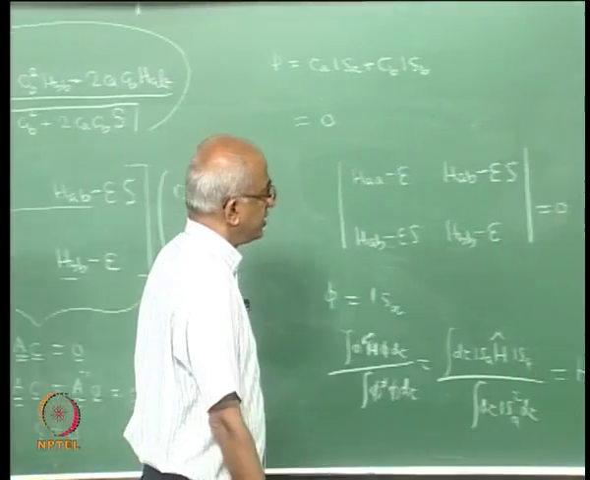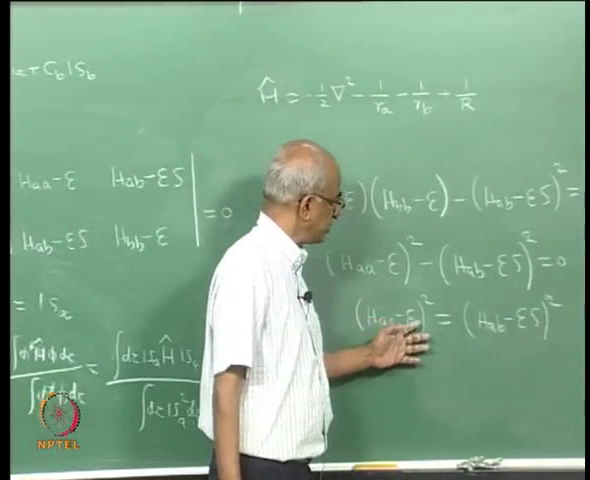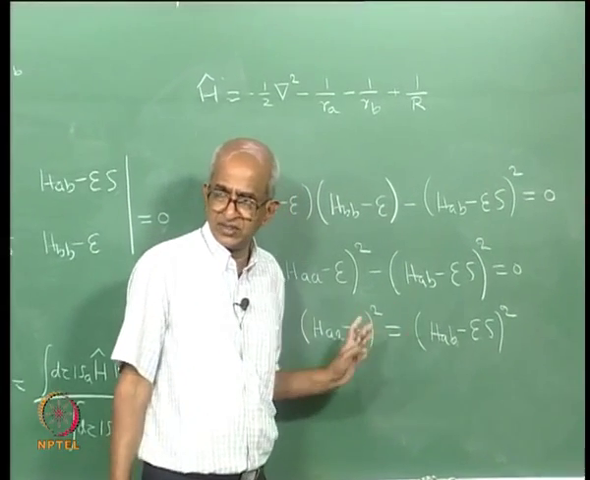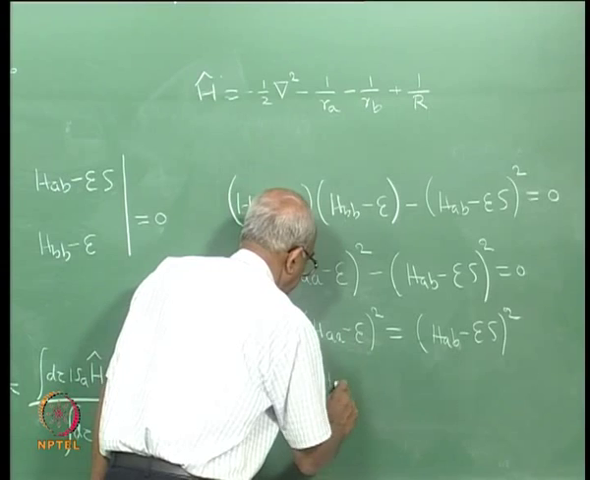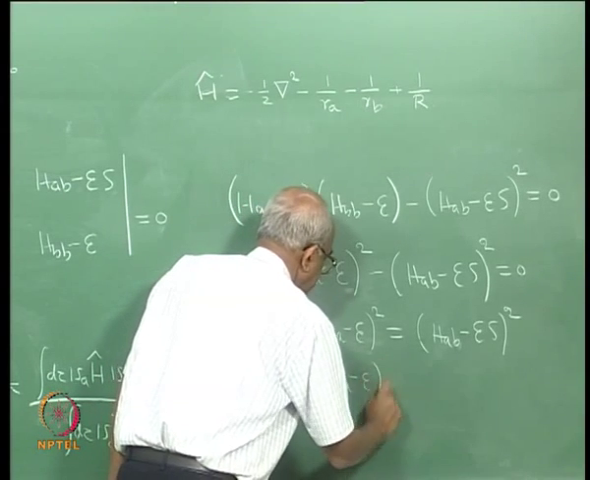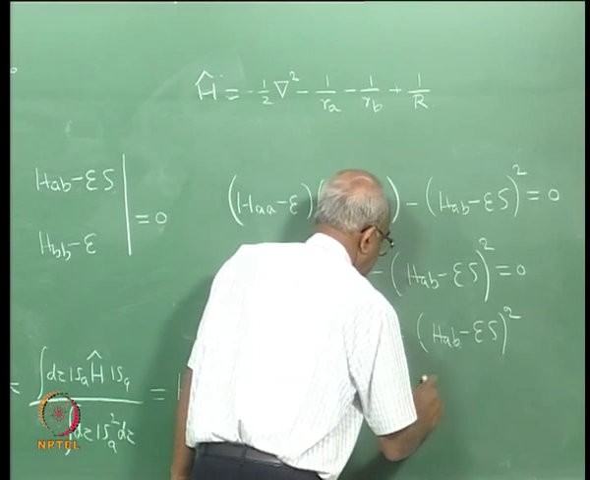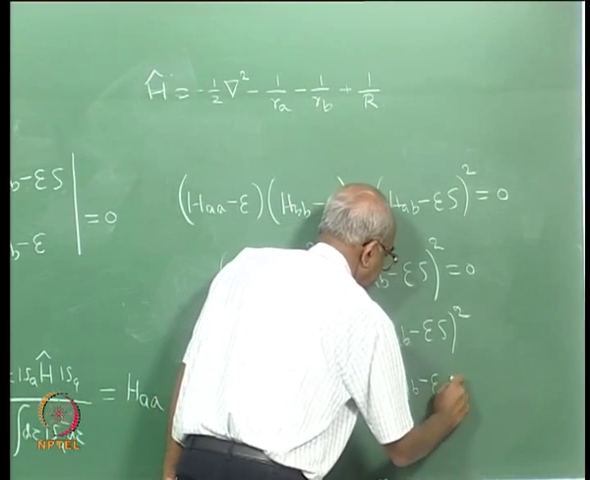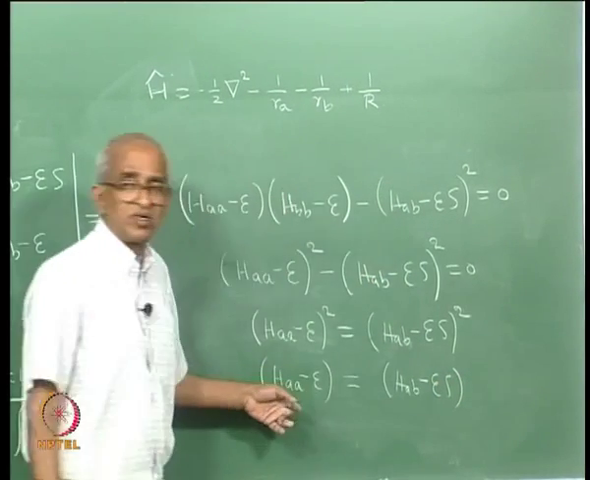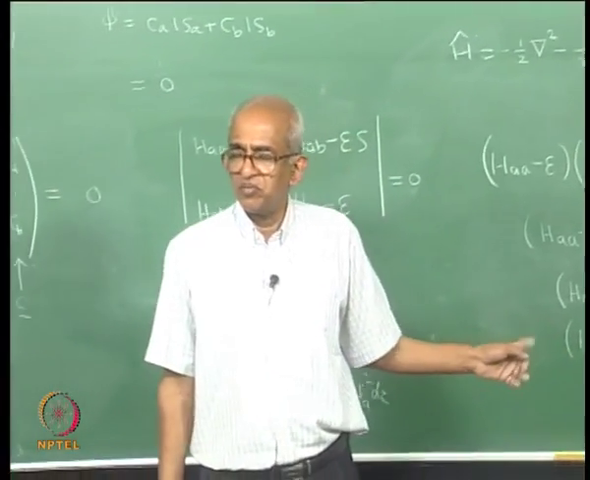And if I wanted to find the value of script E, all that I need to do is take the square root of both the sides. So, when I take the square root, I shall get H A A minus script E is equal to H A B minus script E into S. That is only one possible square root, one possible solution,